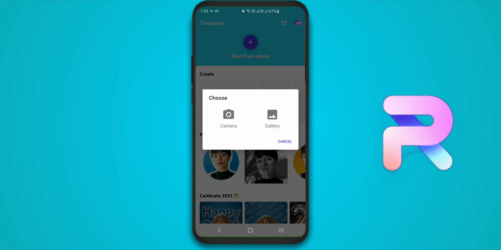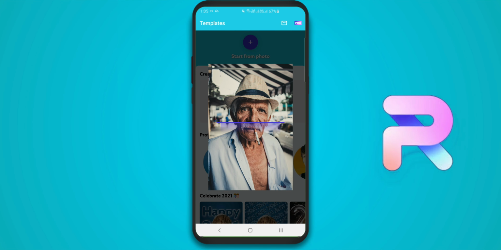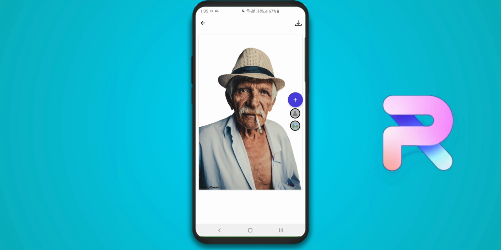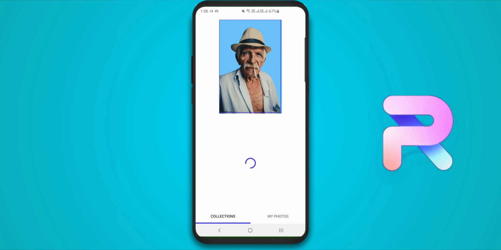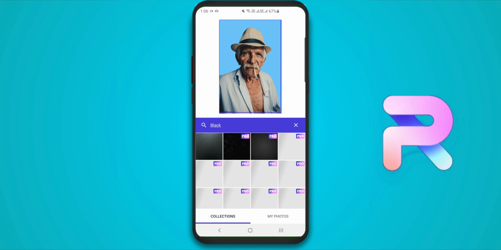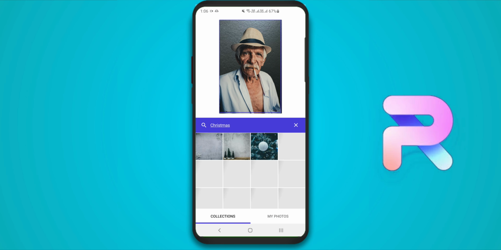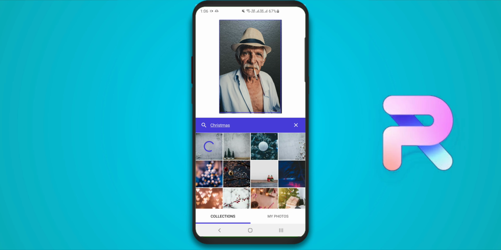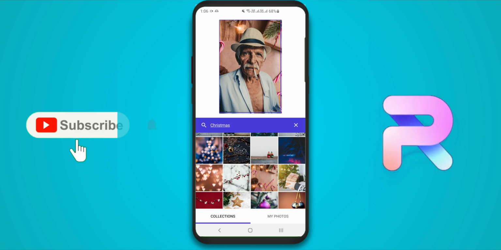Let's go to gallery and select a photo. Let's select this one, and as you can see, the background of the photo is removed automatically. Now you can select from the large number of templates and choose whichever you want as the background. Their background collection is really vast. They have Christmas themes, podcast, magazine covers, Shopify templates, fashion, rainbow. I don't even know what kind of photos they'll have, but there's a vast variety of